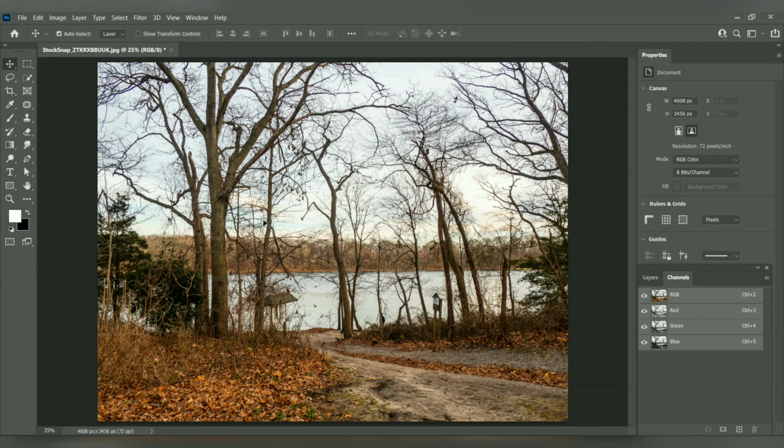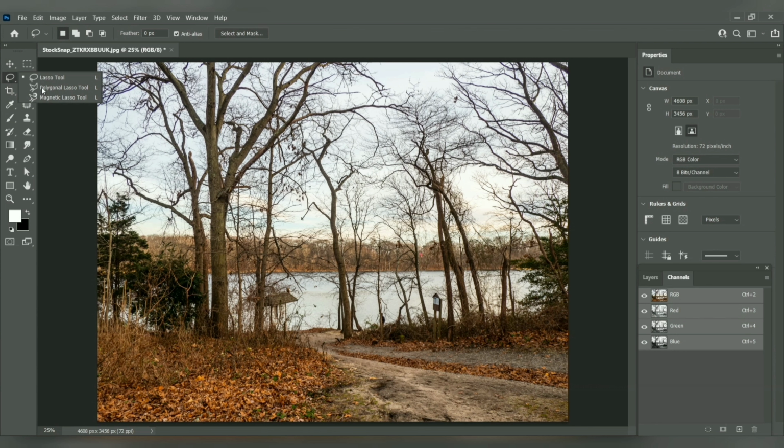Hello viewers, today we will see how we can make a very intricate selection like this. This type of tree has branches and branches in them. So what will you do to select it? Will you use the lasso tool, polygonal lasso tool or magnetic lasso tool? Undoubtedly it will take your whole day if you use them, and the result won't be that satisfactory.